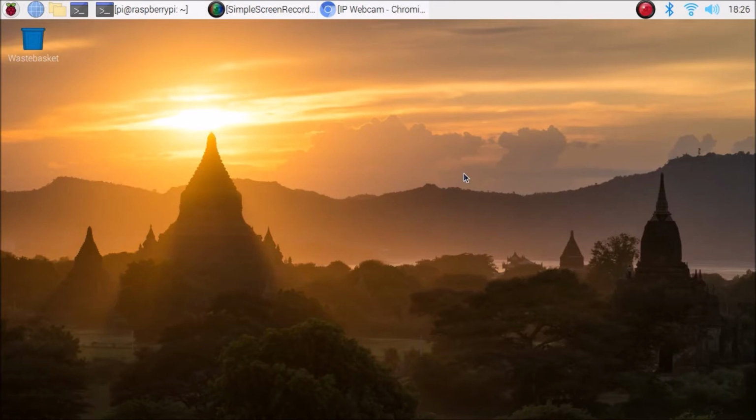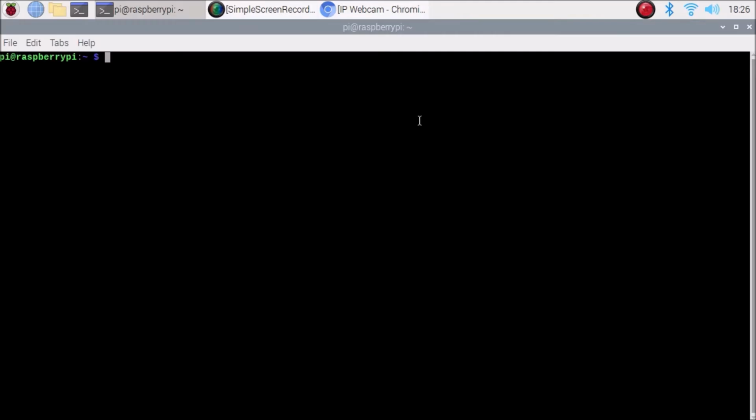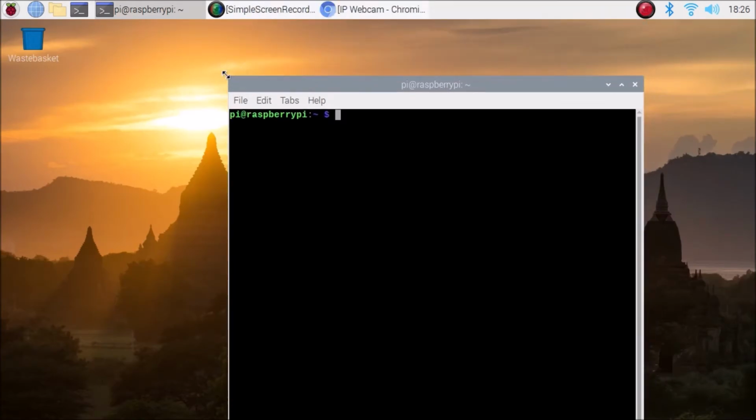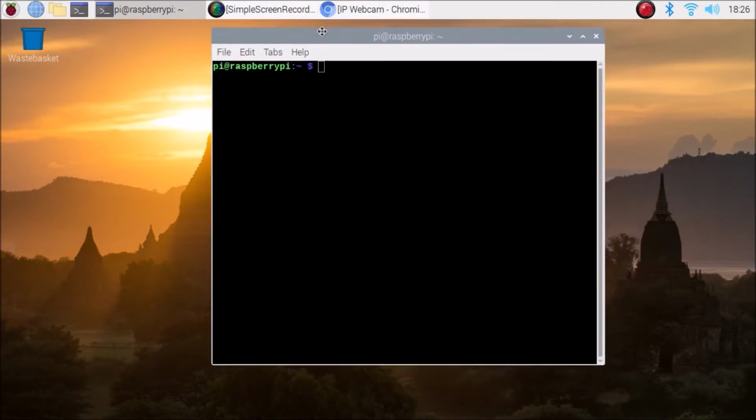Okay, so friends, now we are on our desktop, the Raspbian OS. We have successfully connected our display with our Raspberry Pi 4. Now we are going to move on to the software side. This is the latest Raspbian OS, and I have already run the upgrade and update commands. Just install the latest Raspbian OS on the Raspberry Pi 4 and run sudo apt update for updating the repository, and then sudo apt upgrade for upgrading the packages. That's it, I have already run these commands.